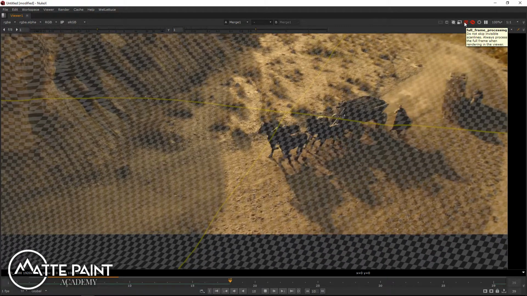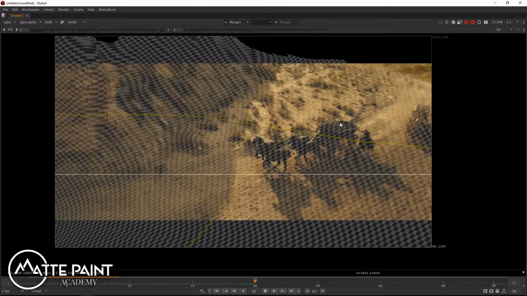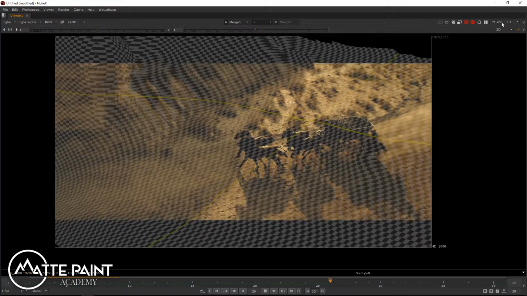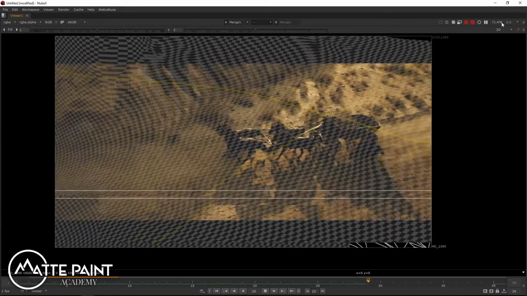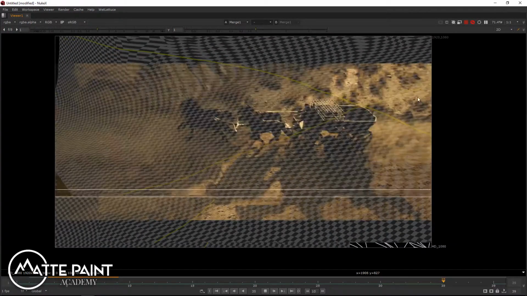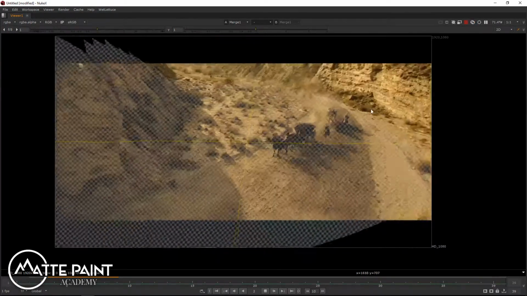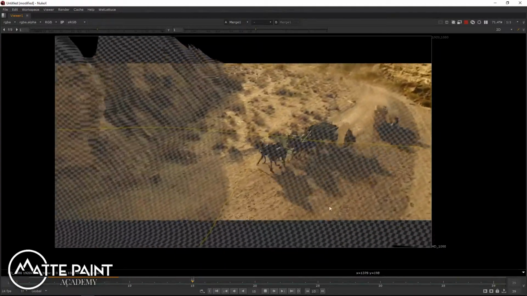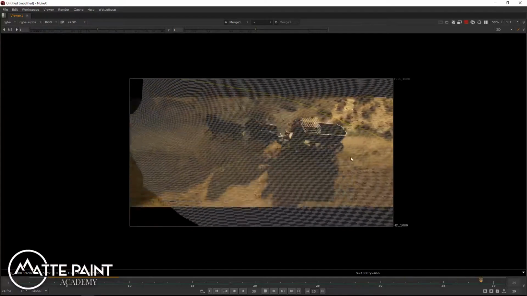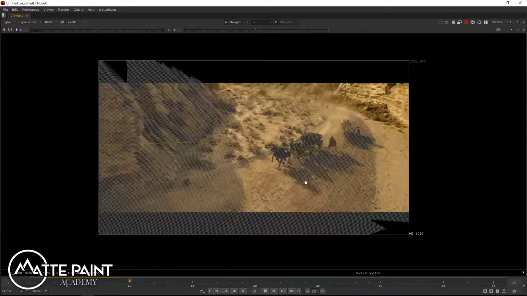So what it means is that if I zoom out to here and I'm at 71% zoom, Nuke only renders the lines of pixels that you see on the screen. So without this turned on, I wouldn't be able to wait until it buffers like this and then zoom in and zoom out without it. It would then want to update